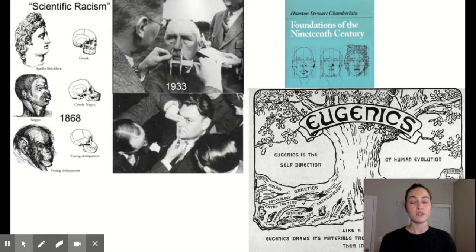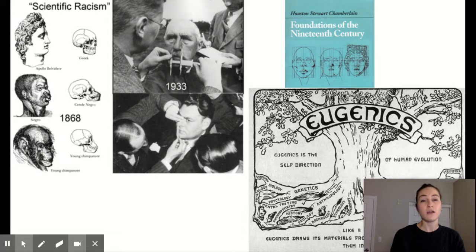So people who were considered genetically perfect for their race were encouraged to have lots of children. In fascist Italy and in Nazi Germany, women who had more than 10 children were given special medals and a ceremony. We'll talk more about that later on. Whereas women in those same countries, and actually even in the United States, who were not viewed as genetically superior, people who had chronic illnesses, people who were disabled physically or intellectually, people who had low IQs, even though IQ tests are not a real measure of intellect.